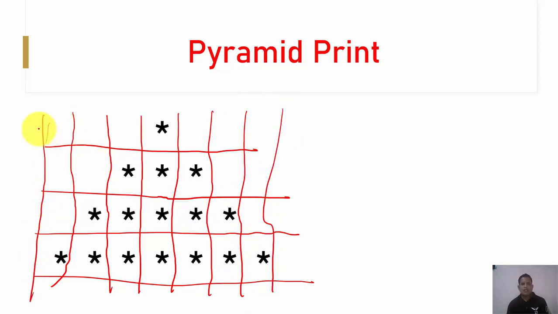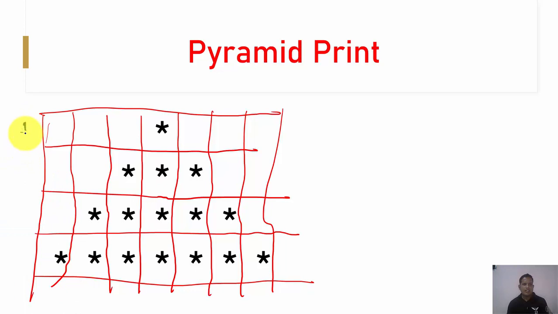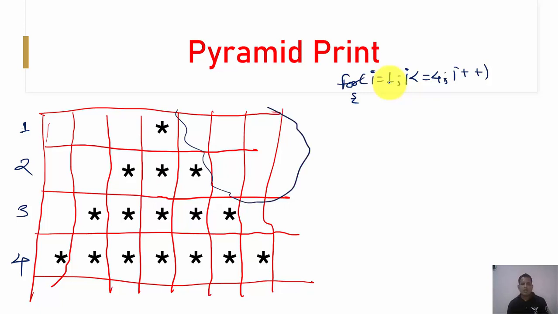So as we have seen in the previous program, no doubt this is my simple line number 1 as indicated. This is line number 2, line number 3, and line number 4. As the number of lines goes on incrementing, these blank spaces go on decrementing, right? So simple, as usual, for I is equal to 1, I should be less than or equal to 4, I plus plus, right? And then here the space is common. Don't care about whatever blank space is there. This we are going to cover through the printing logic, right?